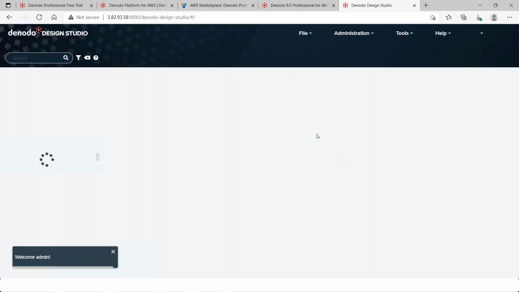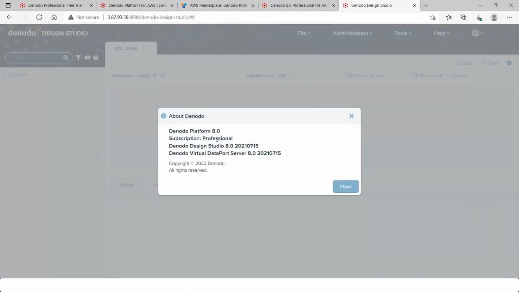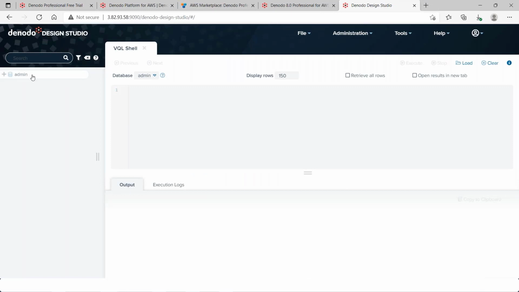As you can see, it's logging in through the Design Studio, which is the web-based UI for you to manage your tasks and everything that you would need to do in terms of defining the connection to your data sources, building a data model, and executing it. If I do a quick help here, it says Denodo Professional subscription as part of my Denodo platform offering, and that confirms that.